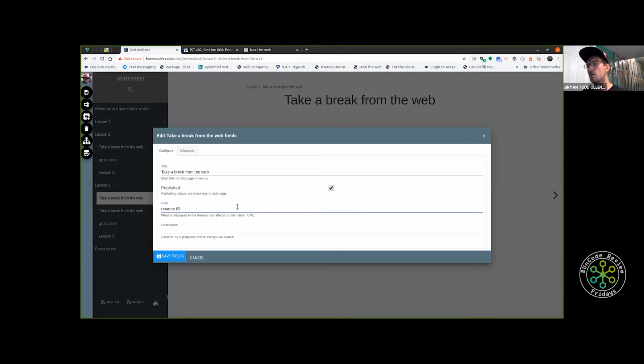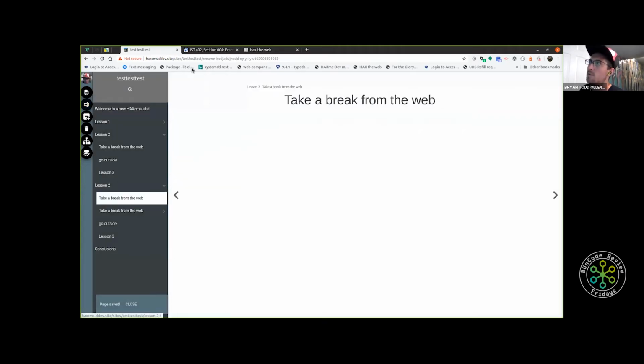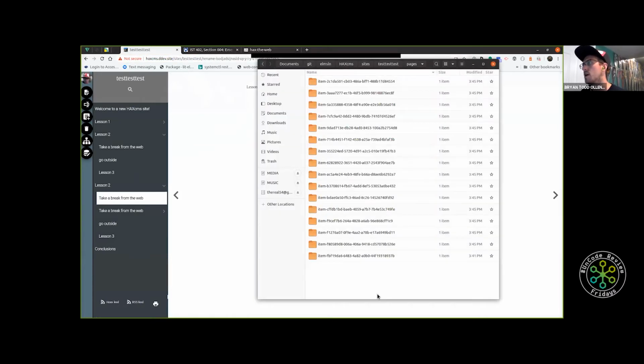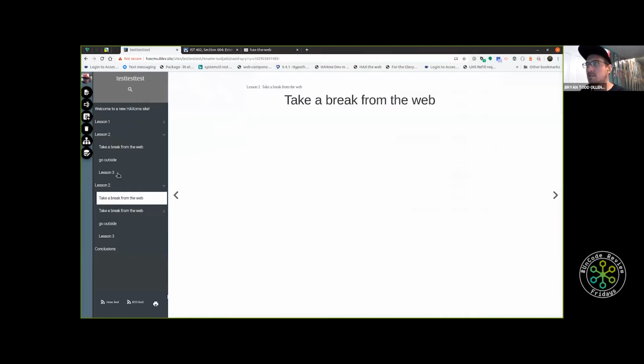Let's do rename, and then we can put in all kinds of funky characters and stuff, and hit save, and it will rename that URL, right? That vanity path that you might have in a WordPress or a Drupal site, but it doesn't touch anything on the file system. So unfortunately, I had to sacrifice that level of readability so that you can more rapidly generate material. Now, this is still tied to